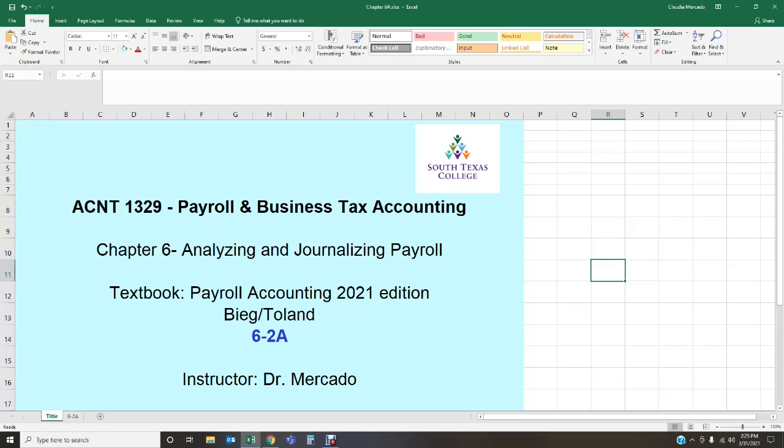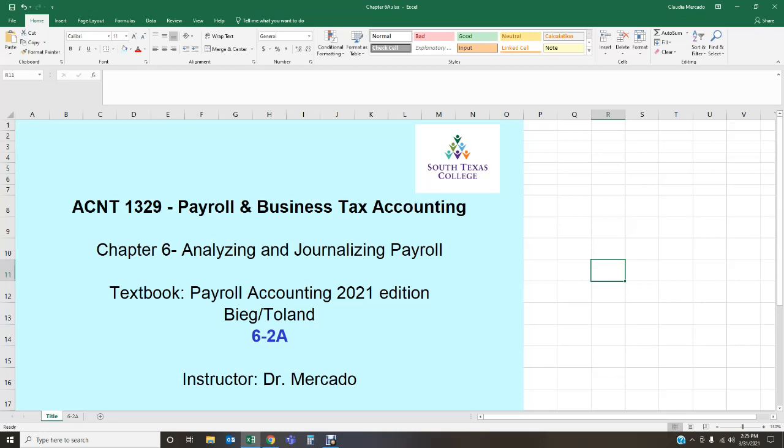how to journalize payroll. So far we've been working with a lot of calculations and we really haven't been doing much of the accounting, which is debits and credits, in this particular course. So this is a chapter that dives into the accounting aspects of accounting. So it's payroll accounting. Now we're going to introduce the accounting portion of it in this last and final